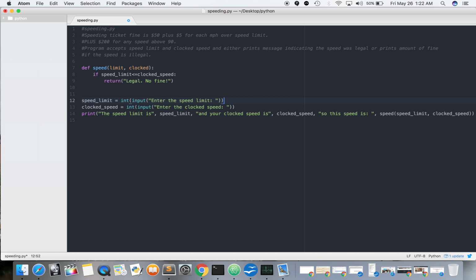So let's do that, colon, then we can make it capitalized and it still fits. Elif speed limit